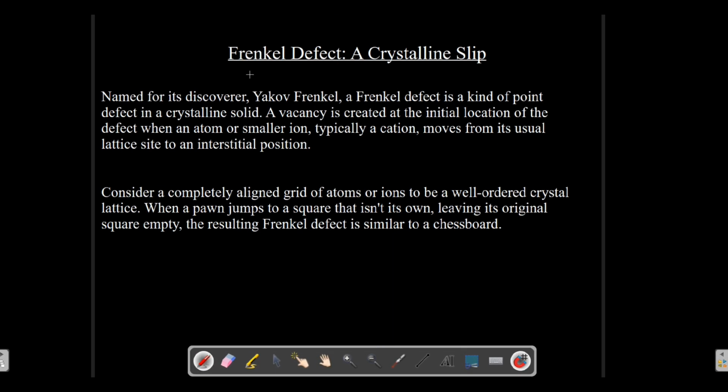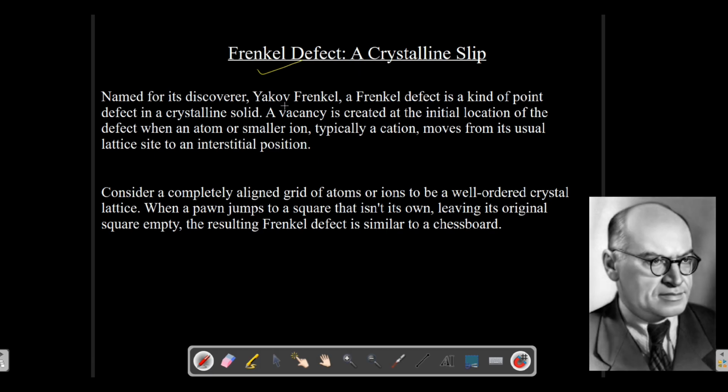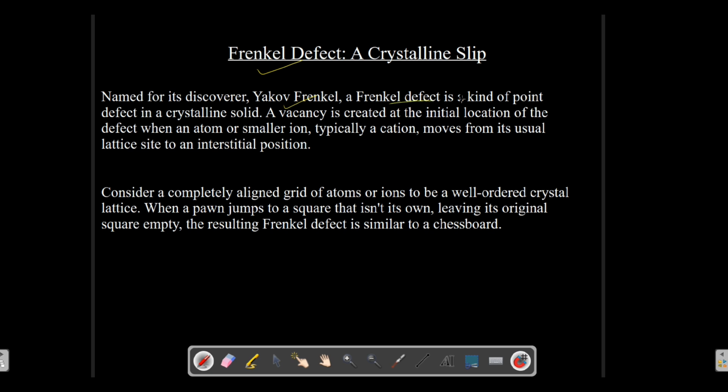First of all, let's try to understand what Frenkel defect actually is from its definition. So it was discovered by Jakob Frenkel. He was the scientist who discovered Frenkel defect. Now, a Frenkel defect is a kind of point defect in a crystalline solid. So in this defect, what actually happens is that a vacancy is created